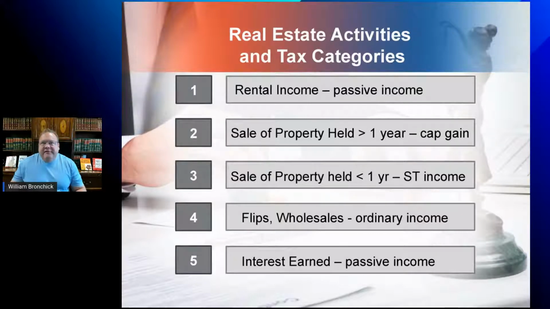On the other hand, flips: if you buy, fix, and flip in less than a year, could it be a short-term capital gain? Yes. Could it also be ordinary income? Yes, depending on how many and how frequently you do them, as we'll discover when we talk about the dealer tax issue. So that's very, very important. If you're doing a lot of flips, if you're doing wholesales, that's definitely earned income. It's definitely ordinary, and you don't want to be doing that as an individual. If you earned interest, so you sold a property with terms, or you lent money and you're earning interest, that's generally passive income at ordinary rates, not subject to FICA tax.